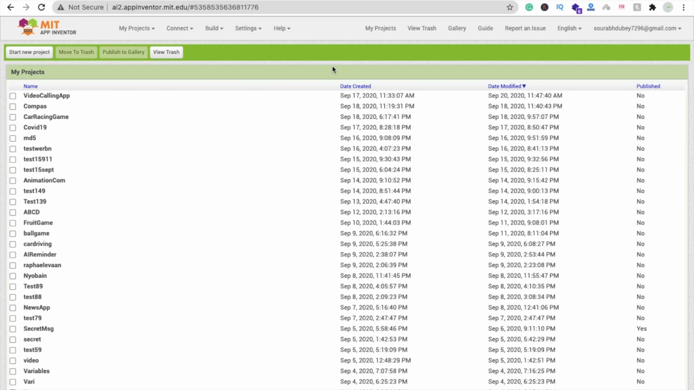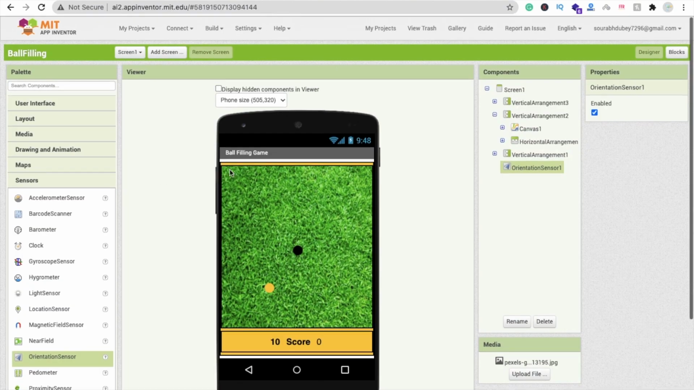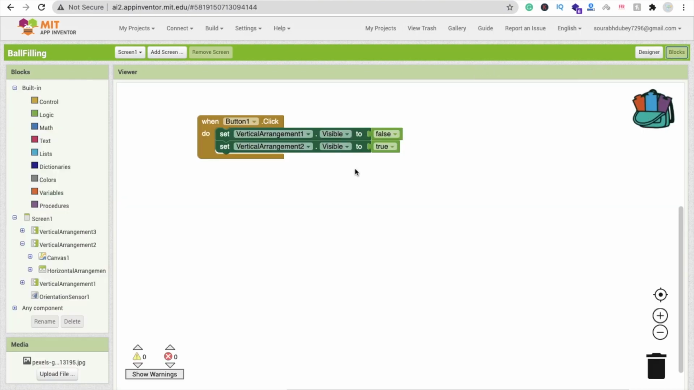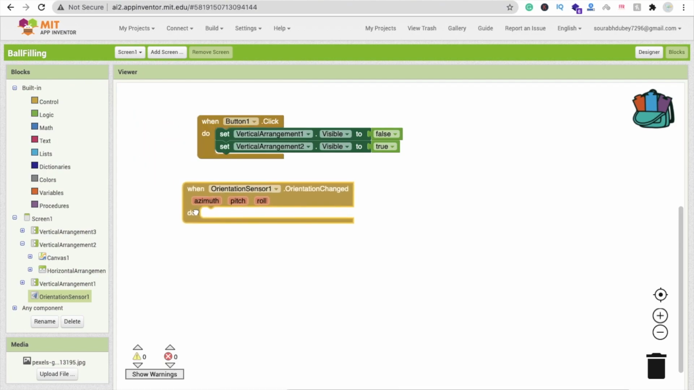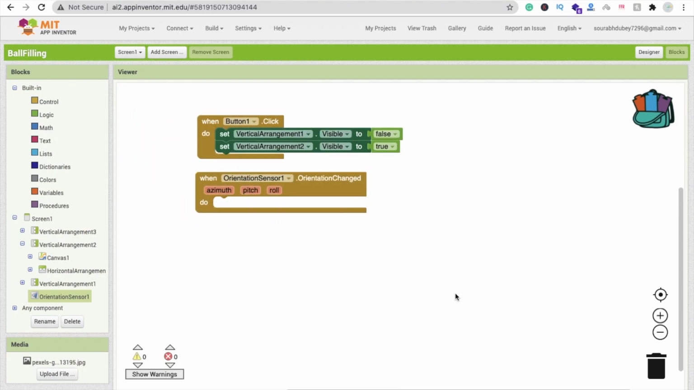Okay, so in this part we will learn how we can code for this game. So make sure, please watch the first part of this game for the design, and that's the second part. Okay, so here we go. Now go to the blocks here and click on this orientation sensor, and whenever this sensor value is changed, okay, so we will move